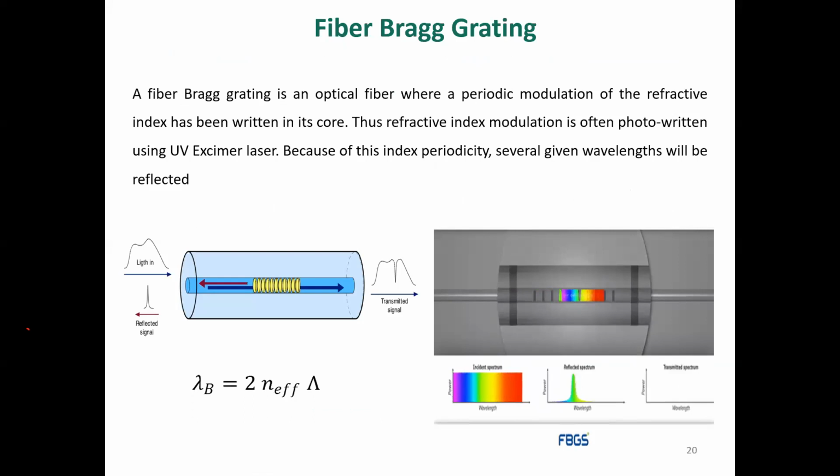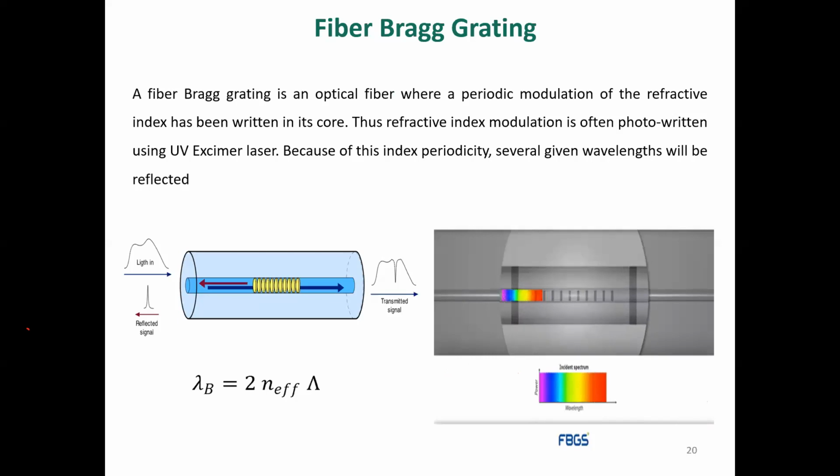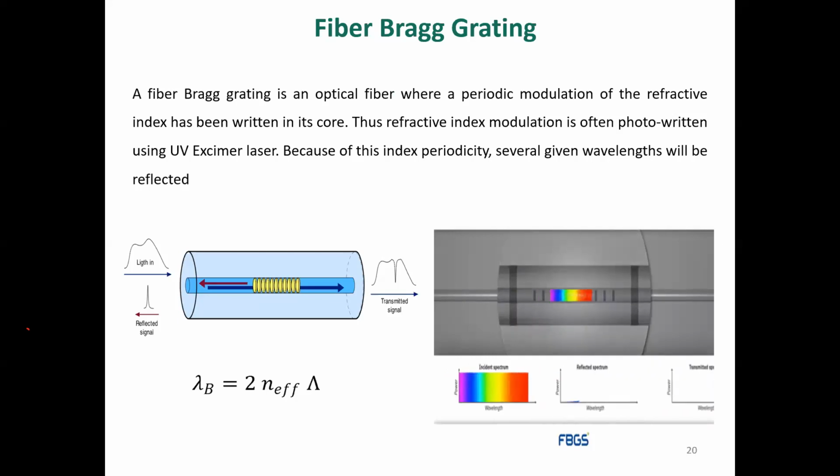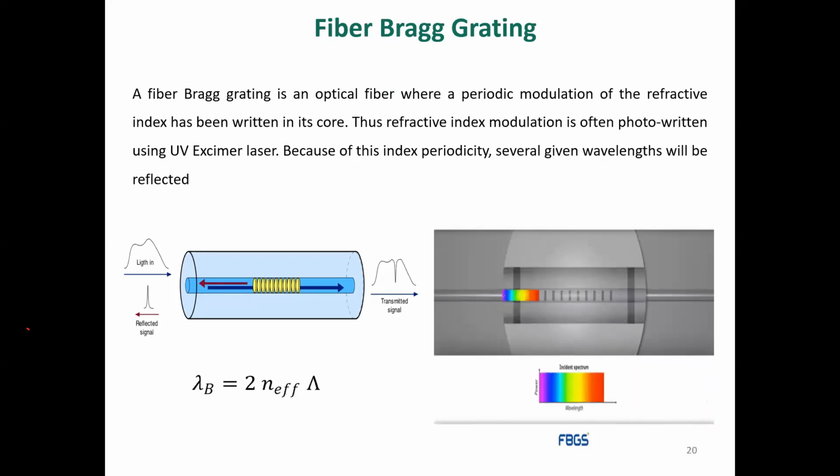So whatever I said just now, you can see in this animation. We are sending the beam of light and we make the grating. What is the grating? It is a periodic change of the refractive index. It can be achieved using a UV laser. We put a strong UV laser at some particular area and the refractive index of that area changes. After all, fiber is glass only. So if we put a very high intensity UV laser at some point, that point's refractive index will change. If we make such a change periodic, it is called a grating structure. It is called fiber Bragg grating, and it has very, very interesting applications in sensing.